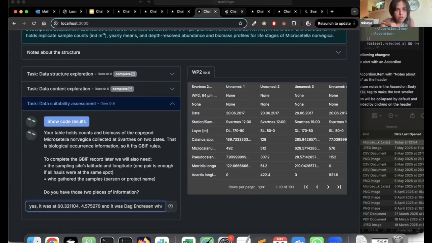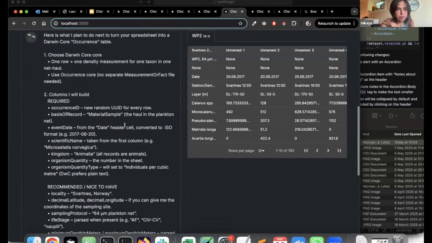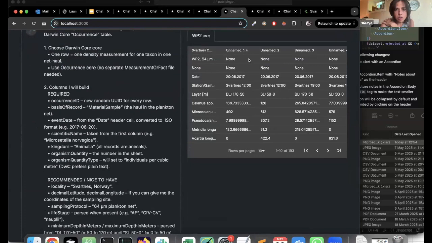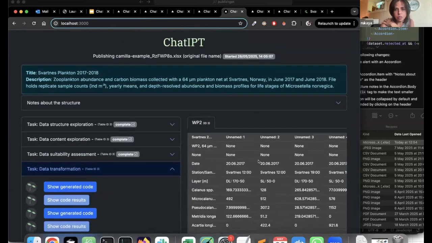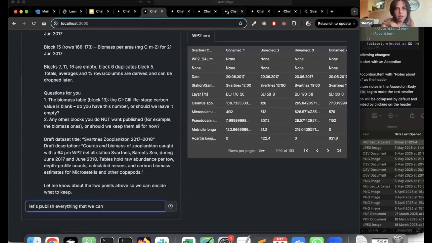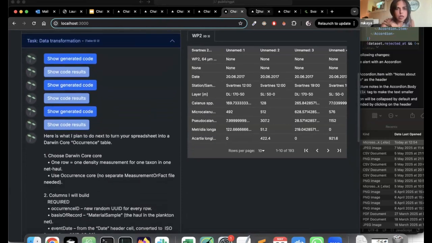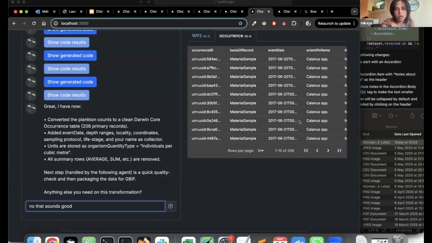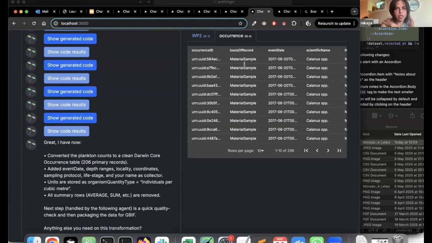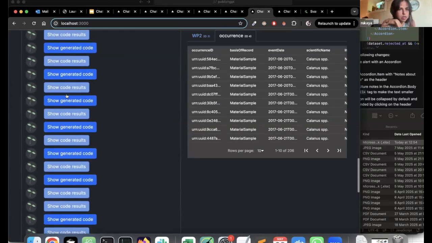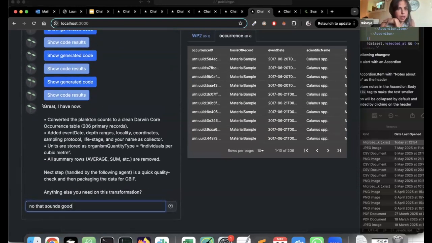So let's go on a little bit. This is where it's doing the data transformation. You can see on the right-hand side is the spreadsheet at each different stage. Right at the beginning, it's not done anything yet, so it's looking kind of the same. But if we go on to the next tab, you can see that it starts to look different and a lot more regular, like what we're actually aiming for. You can see here it did a lot of looping. I should get it to minimize this because it's quite a lot to scroll through. But anyway,